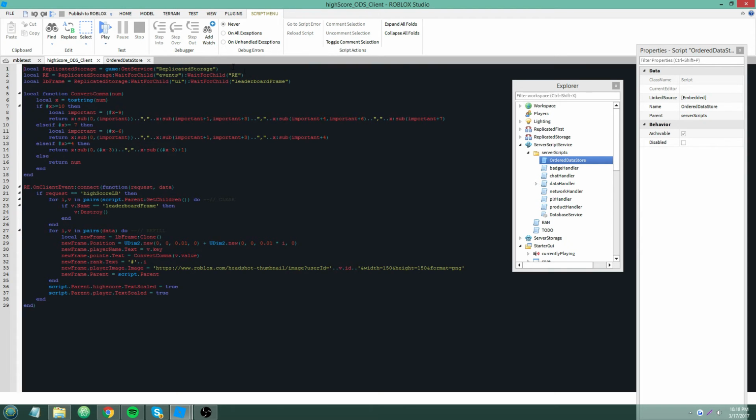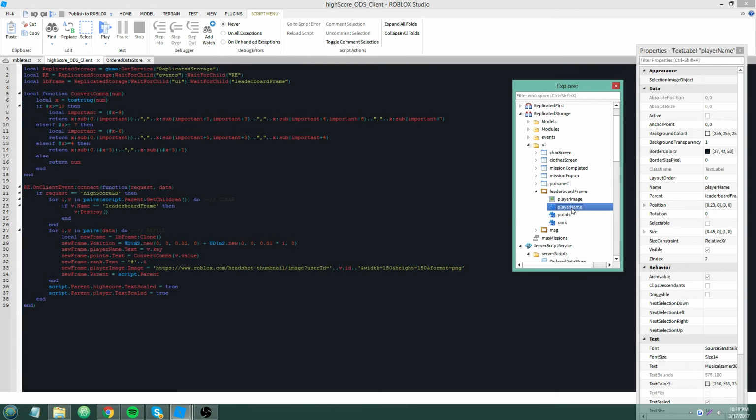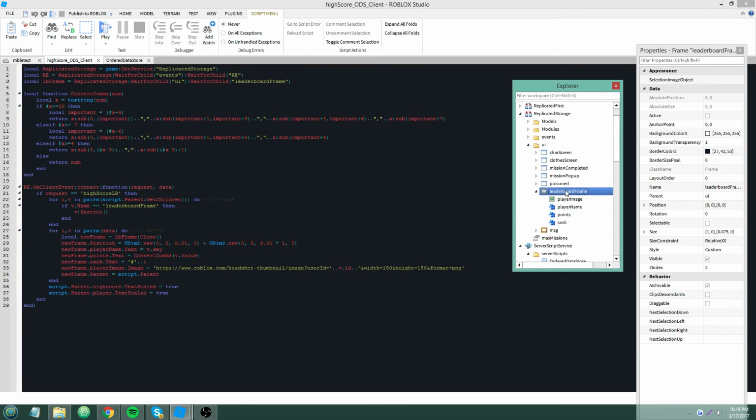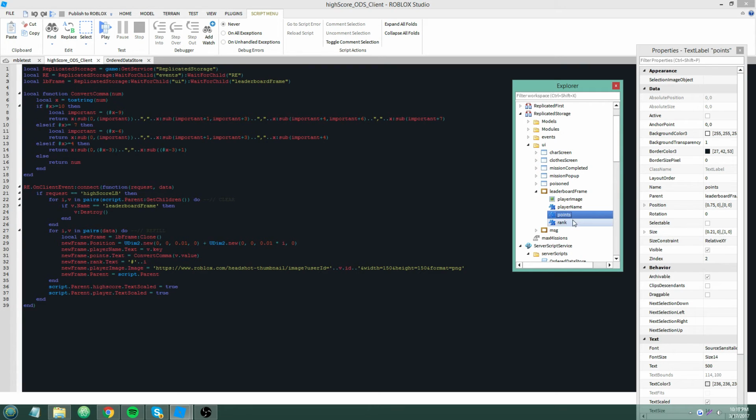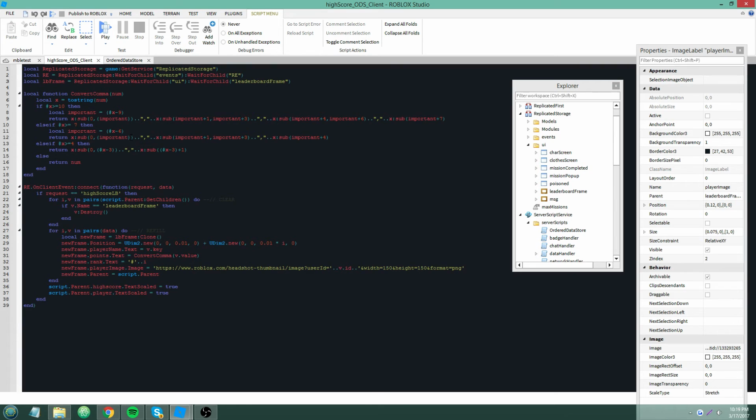Okay, so I'm defining ReplicatedStorage up here. This is the remote event. LeaderboardFrame is a frame in ReplicatedStorage that we're going to be cloning. It's basically the template, so to speak, of the display that we're going to fill out. It has a text label for the player name, one for their amount of points, one for their rank on the leaderboard, 1 through 95, and then their image, which is why I passed that ID thing for their user ID in the local script, or to the local script.